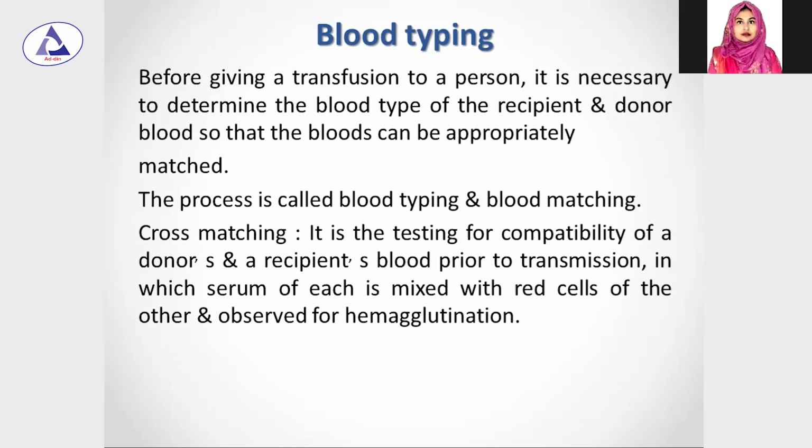In which serum of each, দুজনের serum কে mixed করা হয় red cells of the other and observed for hemagglutination or agglutination. কি করা হয়? Actually cross matching এ যেটা দেখা হয় সেটা হয় যে detect করা হয়, detect the presence of antibodies in the recipient against the red blood cells of the donor, means recipient এর antibodies গুলো চেক করা হয় donor এর antigen এর against এ।